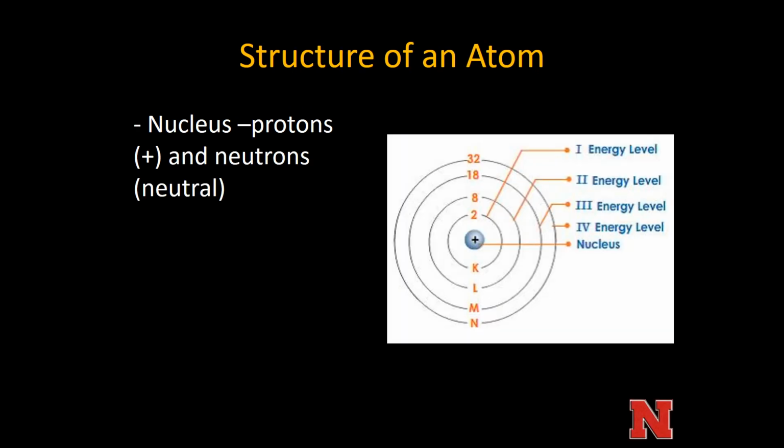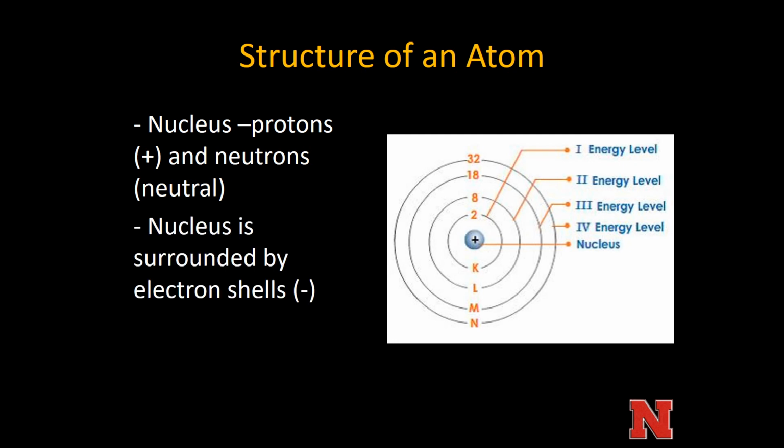All right, we got to go back to the structure of an atom. What makes up an atom? Well, you have a nucleus, which is right there in the central part of the atom, where you have protons, which are positively charged, and neutrons, which are neutral. And they're surrounded by these electron shells of orbiting electrons. And these orbiting electrons are arranged in different energy levels. So you have energy levels which are very closely bound to the nucleus. In this case, it would be like the K-shell electrons. And you have electrons that are more loosely bound, more peripheral in the electron orbital sphere, for example, the N